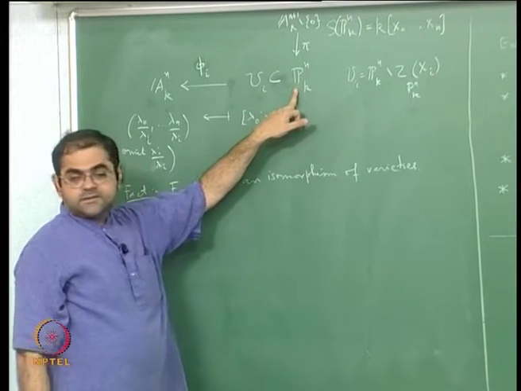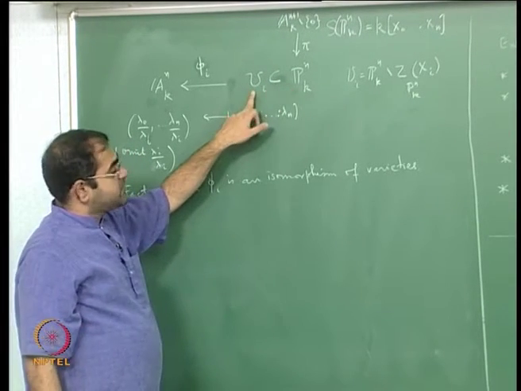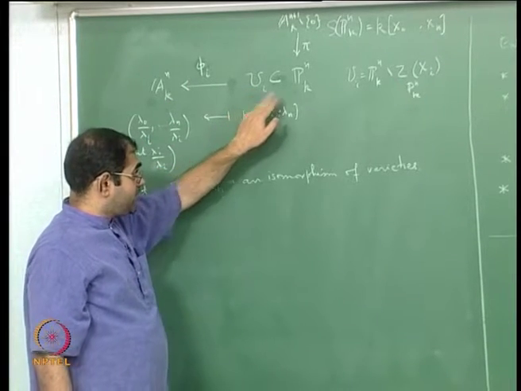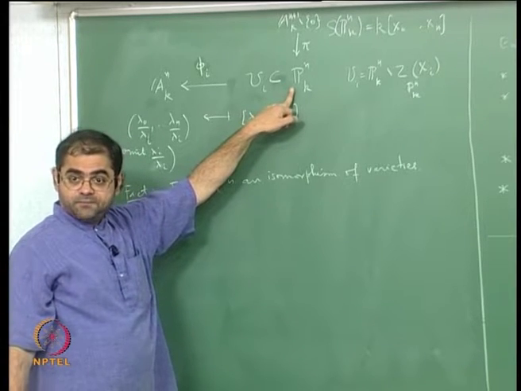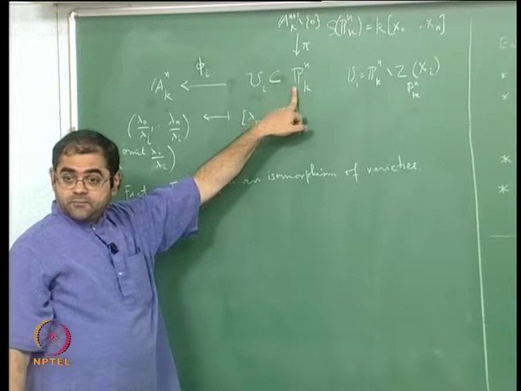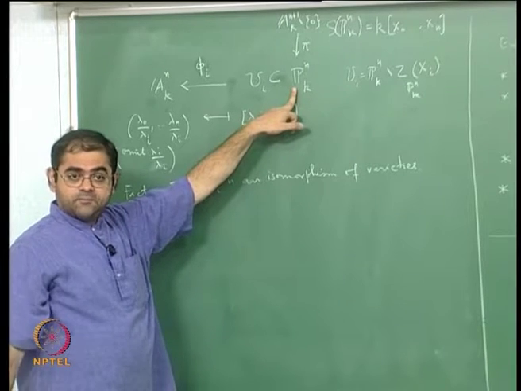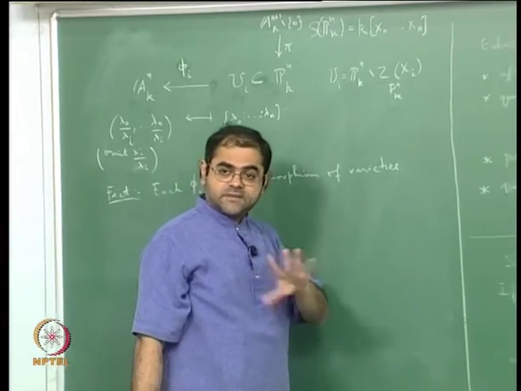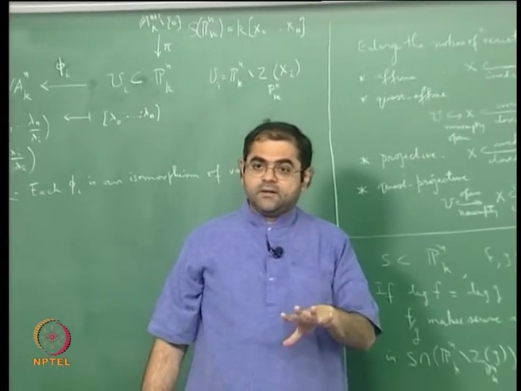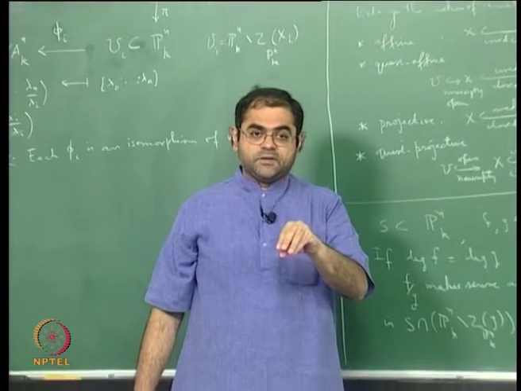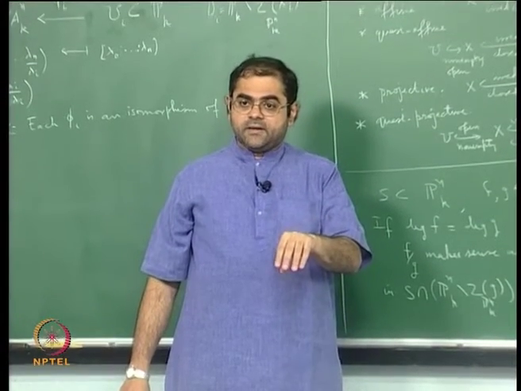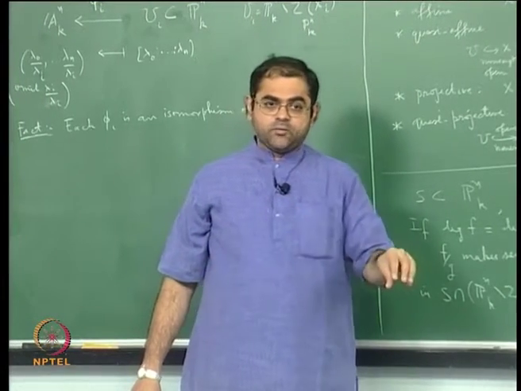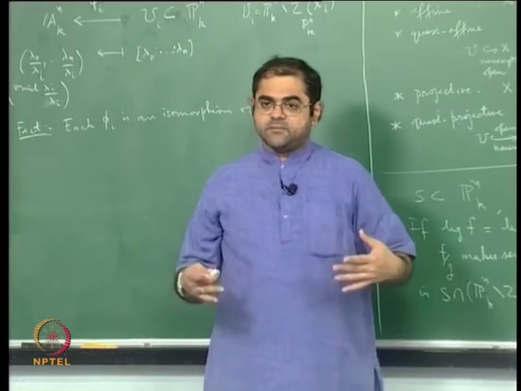So when I said that there is a topology on each Ui that makes phi a homeomorphism, and then all these topologies put together give a topology on Pn, I mean the following thing: a subset of Pn is defined to be closed or open if its intersection with each Ui is respectively closed or open. That is the definition, and for this definition to work, a subset of Ui intersection Uj is closed in Ui if and only if it is closed in Uj, and is open in Ui if and only if it is open in Uj. That is the compatibility that you will have to check.